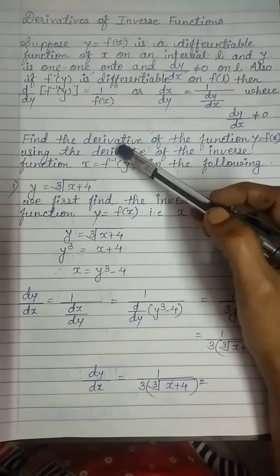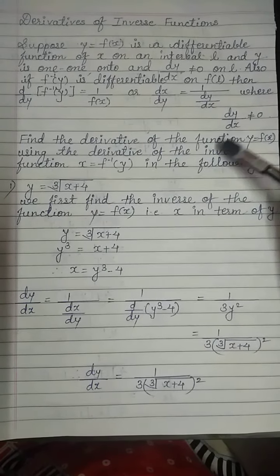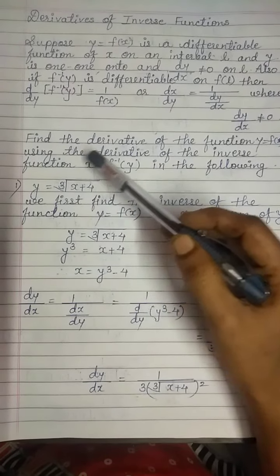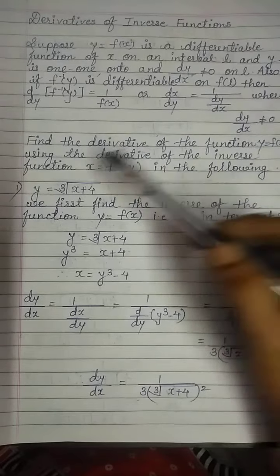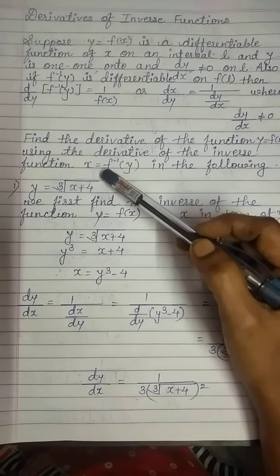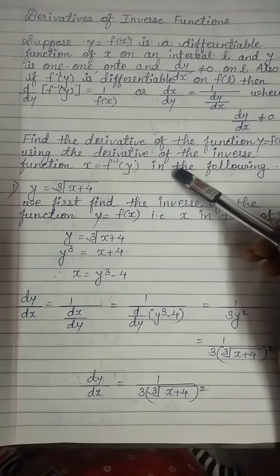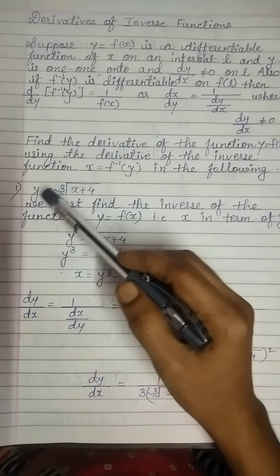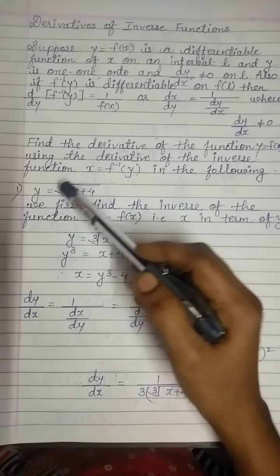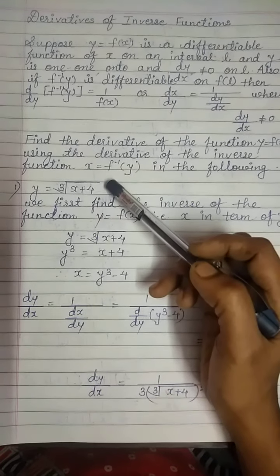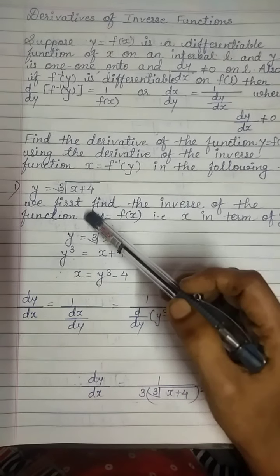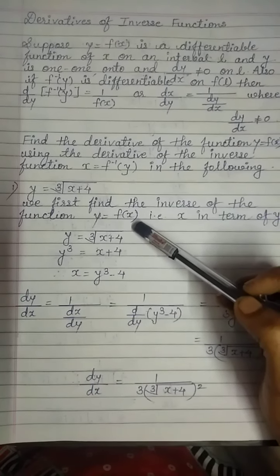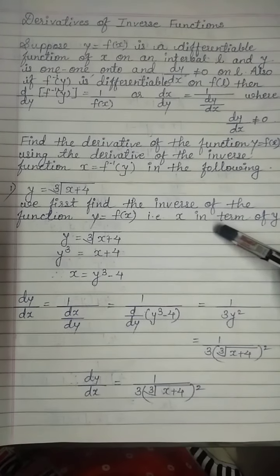Find the derivative of the function y is equal to f of x using the derivative of the inverse function x is equal to f inverse of y in the following. So first one, y is equal to cube root of x plus 4. We first find the inverse of the function y is equal to f of x, that is x in terms